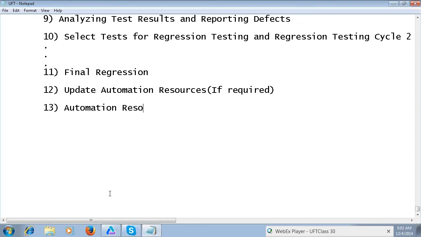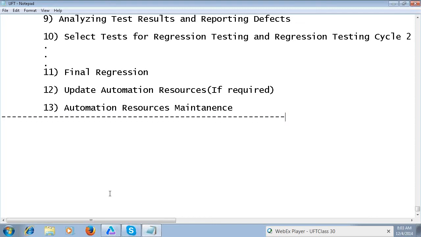Automation resources maintenance. See, these are the important tasks in test automation using